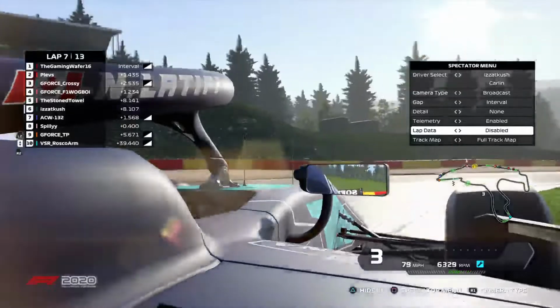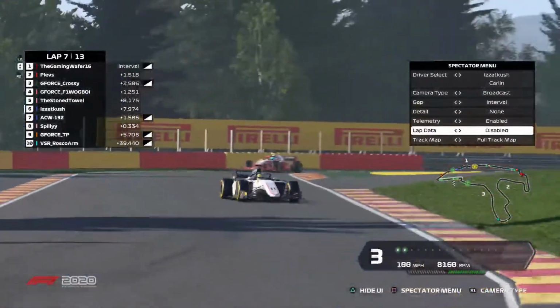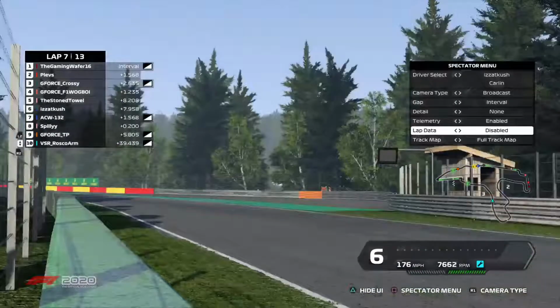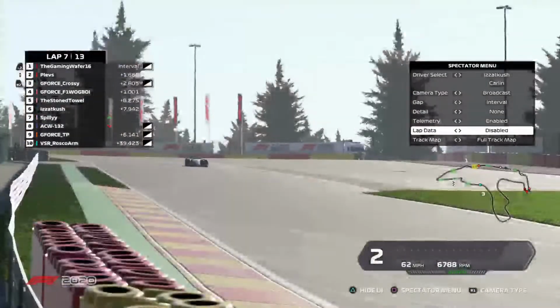Oh, in the meantime, Roscoe has spun. Yeah, on Latifi's car, so maybe it's the spirit of Latifi forcing this car to spin. Oh yeah, sorry about the bad joke. And anyway,